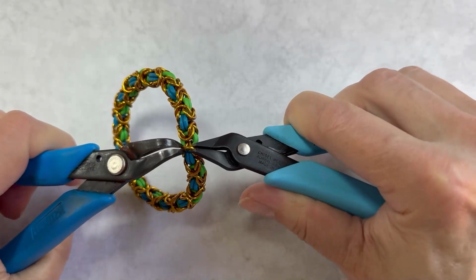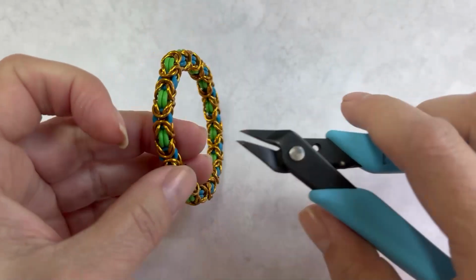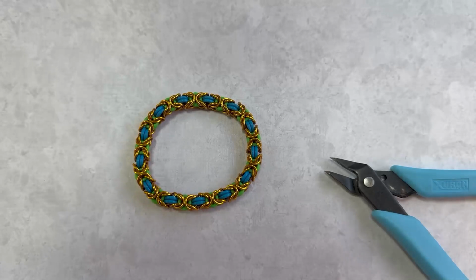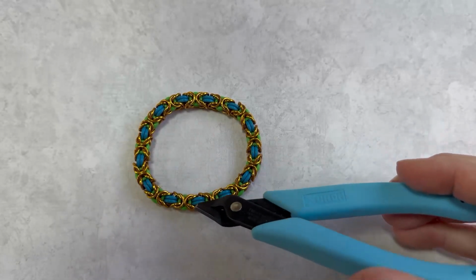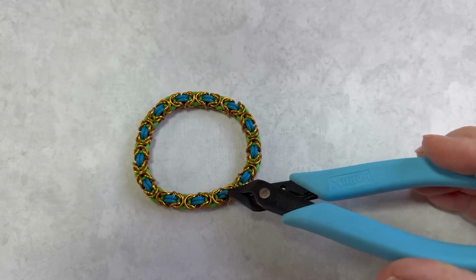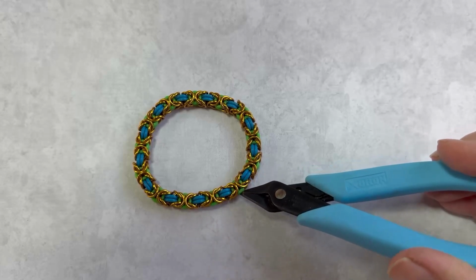And I hope you had a lot of fun making this. So this is the design that I would recommend starting with, because you only have 1 color of jump ring, and then the O-rings kind of show you where things should be as you're adding them. So you can see our blue is up and our